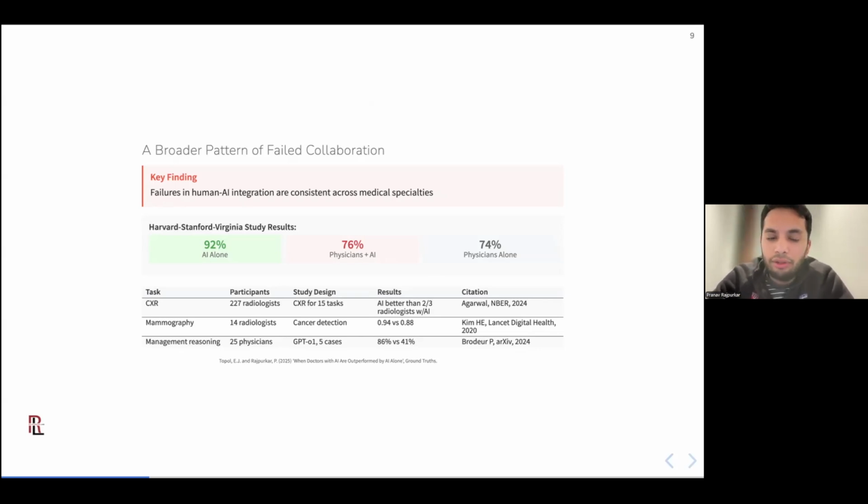Now, there are caveats here, in that the AI alone was using a different prompt than the physicians were, and there wasn't enough training given to the physicians to optimally use this AI model. But it does point to a trend that's now also been seen in other studies, including in chest X-ray, in mammography, and in management reasoning.